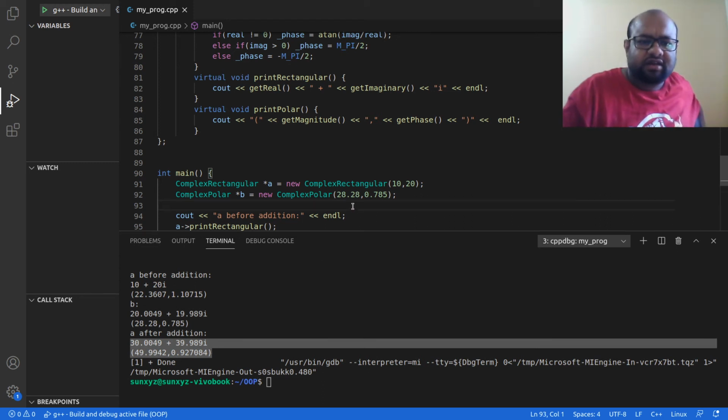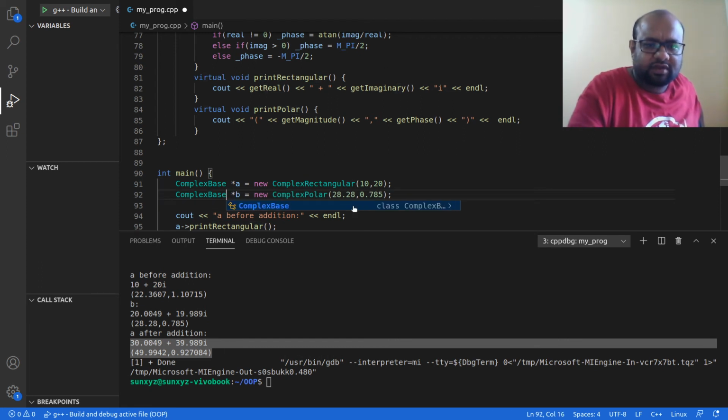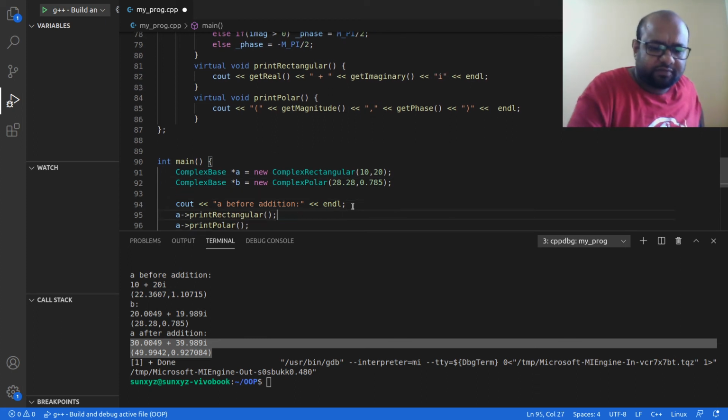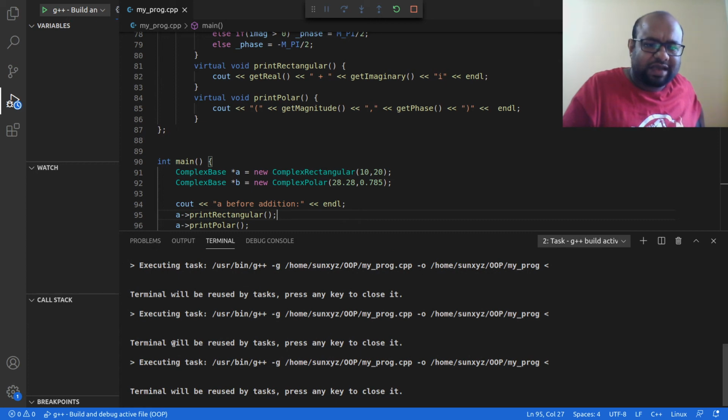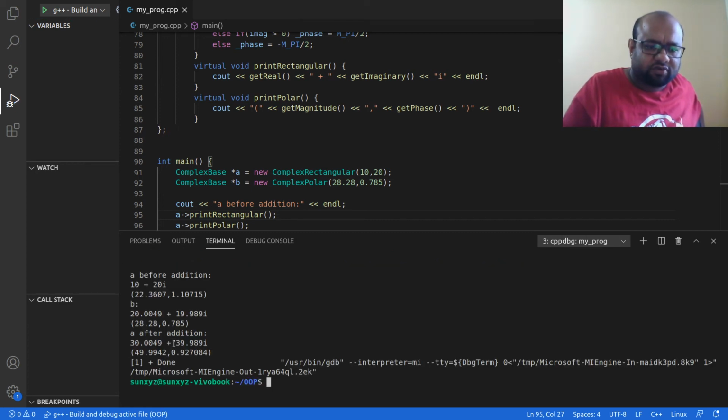Alright, now another interesting thing is that I can use a complex base pointer to point to both complex rectangular and complex polar. Let me go ahead and compile, and I am not going to see any change in output. The output is going to stay the same, just the pointer that points to this object.